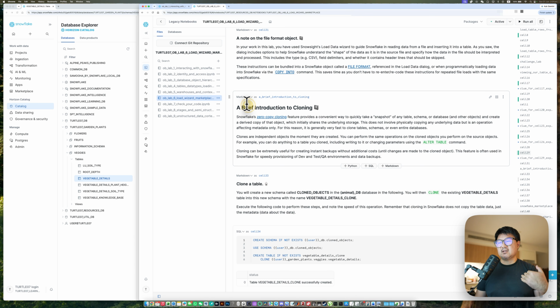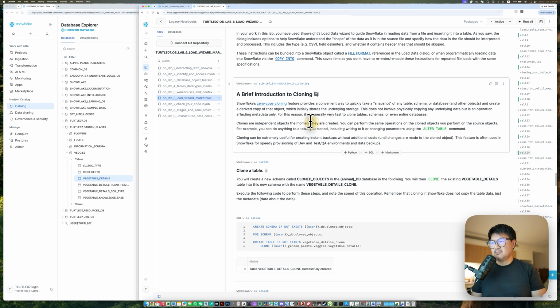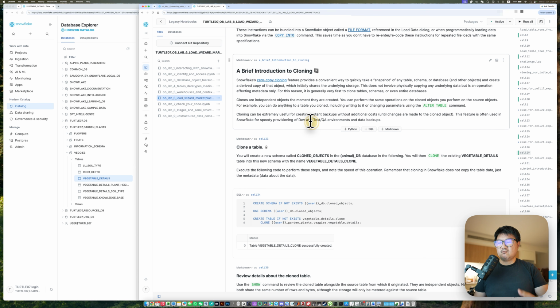Now it's related because cloning allows you to essentially make a copy of a dataset, which you can think of as loading data, right? You just happen to be loading the same data, but you are still loading data by cloning an existing dataset. So why would you clone a dataset, and what does that mean, and what are the